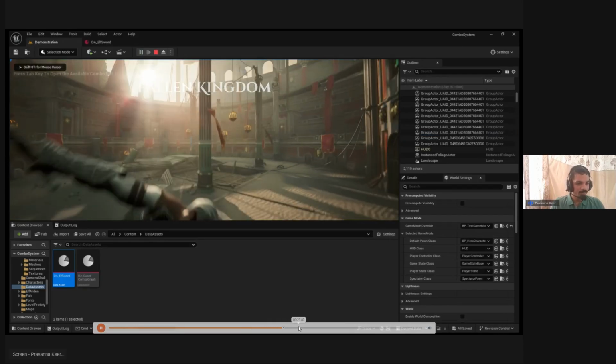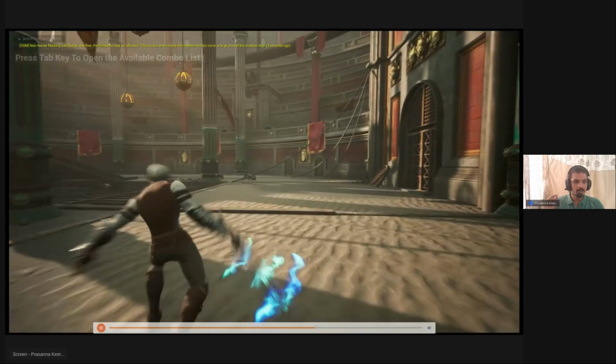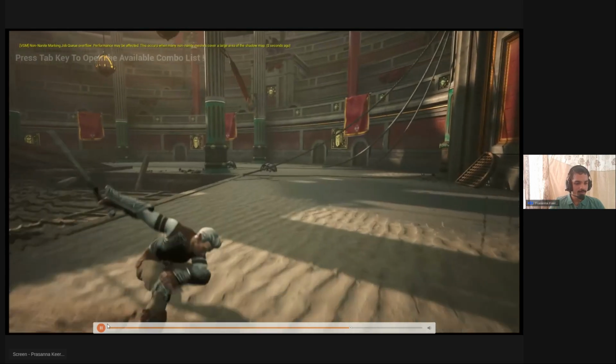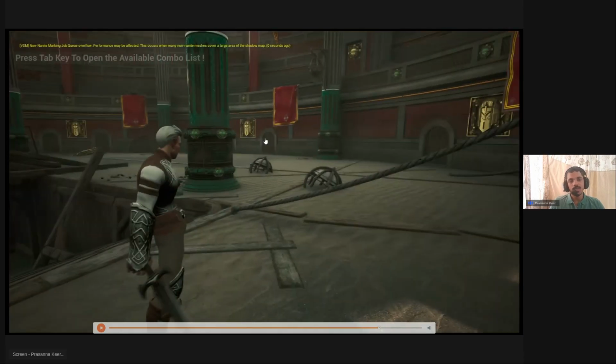So you see, by the end of the next month, you will get this plugin free in the marketplace. This plugin will help you to speed up your development if you are trying to make games like God of War, a melee system to be exact. This is my latest contribution for the field, and I hope it will be exciting when it gets released. It's still in the works.